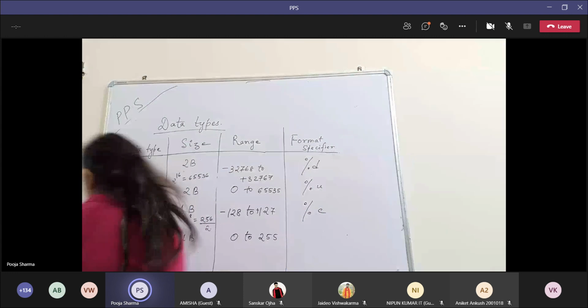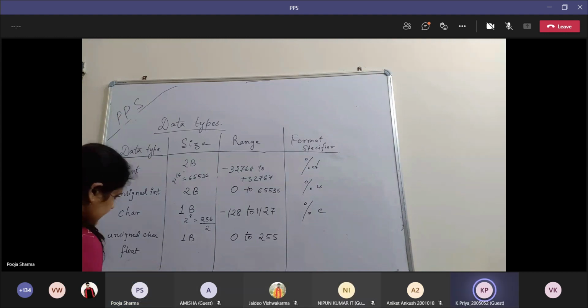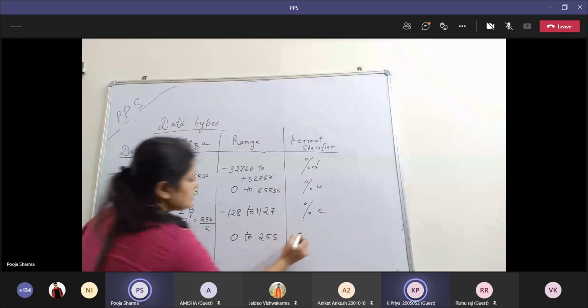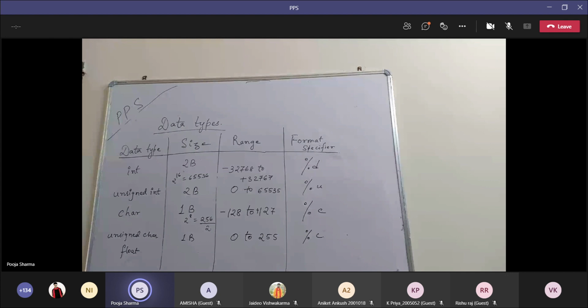Okay, fine. Next, यहाँ लिख सकती हूँ मैं, is it visible, float, is it visible? Yes, ma'am. Okay, मैम फॉर्मेट स्पेसिफायर क्या होगा? Okay, this is also percent C, इसमें कोई चेंज नहीं आएगा।